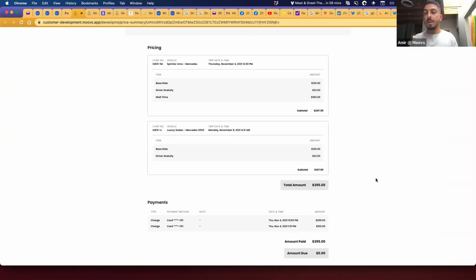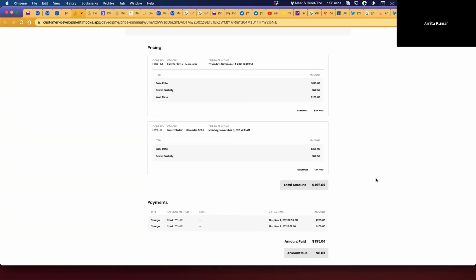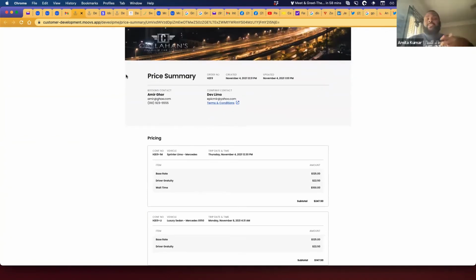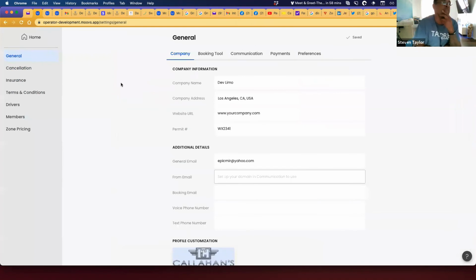Exactly. As a quick suggestion, to cover yourself and make sure nothing happens, you can also add something to that effect in your terms and conditions. So if they ever say, I'm going to sue you, it's already in your terms and conditions. Hey, they agreed to it. Correct. Yes, sir.